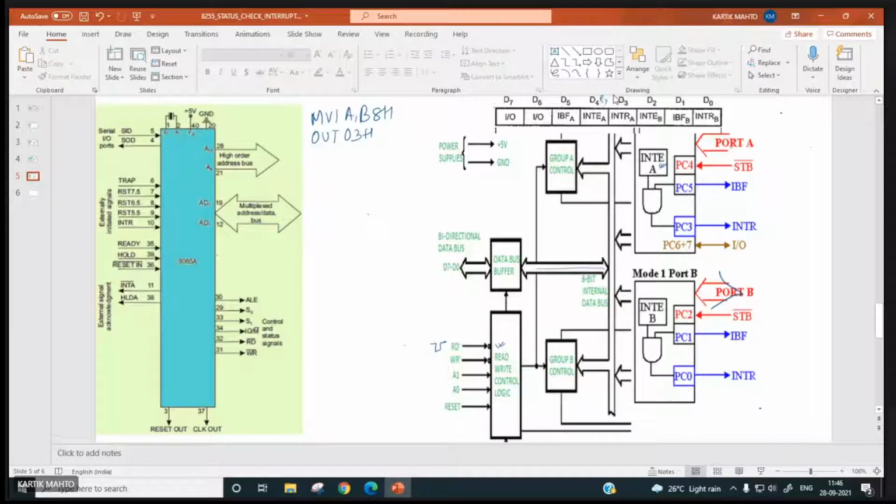Right. So now I have to make PC4 equal to 1. I have to make. So how to do this?